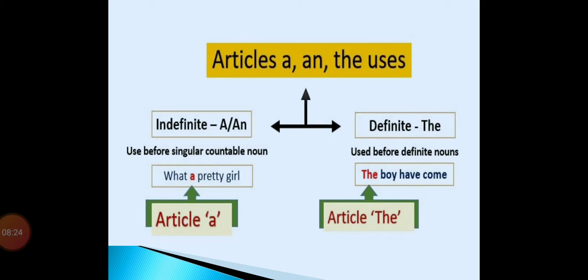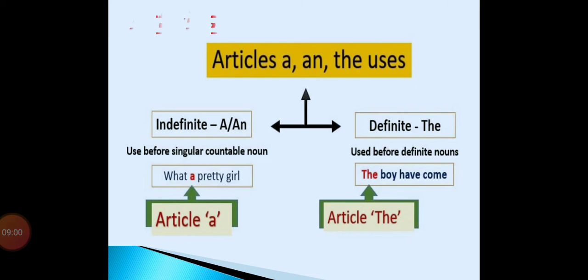So these are some rules where we can use the, meaning wherever you know that we want to show the uniqueness or the specific person, the specific building or the specific area, which is unique, which is specific, which is special, in such a case we can use the article the. So these are the two types of articles: indefinite articles and definite articles. Indefinite articles are a and an, and the definite article is the.